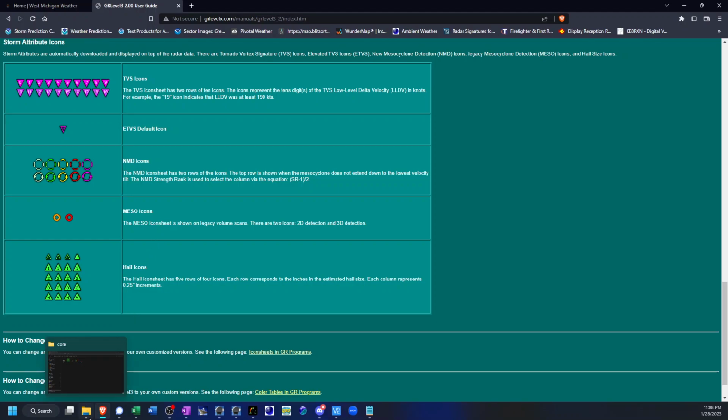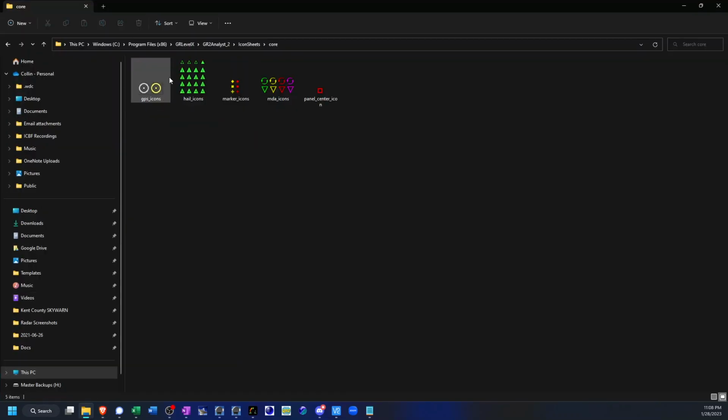So to see those, you actually have to navigate to the program directory, and if you don't know how to do that, no concern, you can simply follow along as I demonstrate here on the screen. But the program directory, if you are interested in looking at these yourself, is typically, again, this is a Windows 11 machine, but for Windows, the directory is going to be all the same, regardless if you're running 64-bit or 32-bit. It's going to be under C, Program Files, x86, GRLevelX,